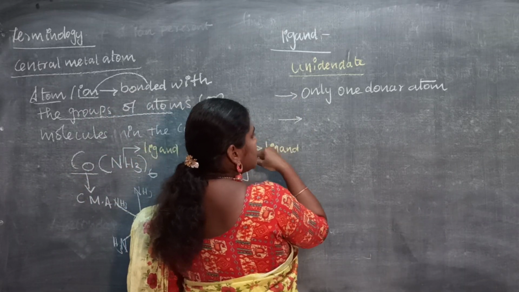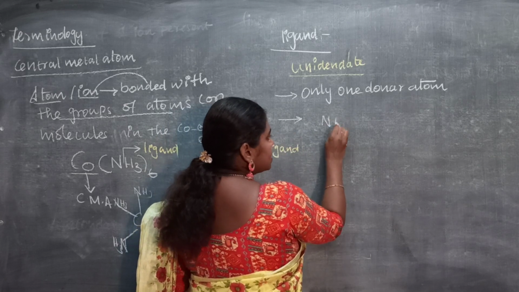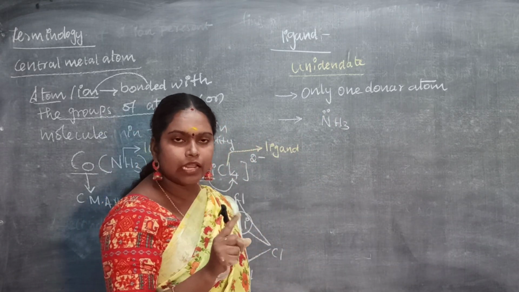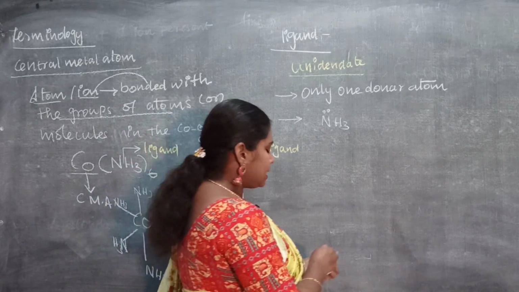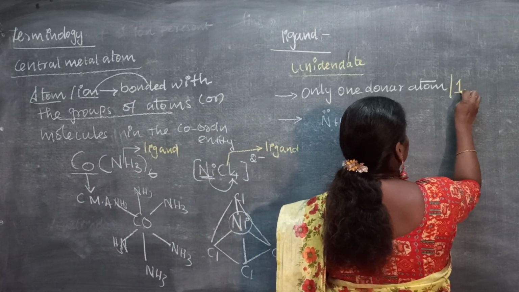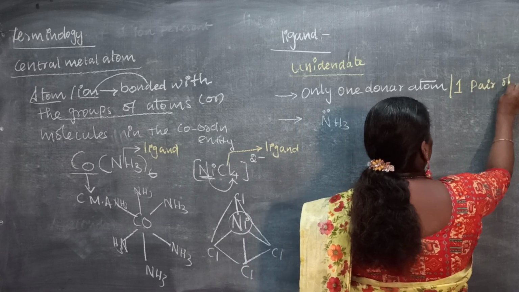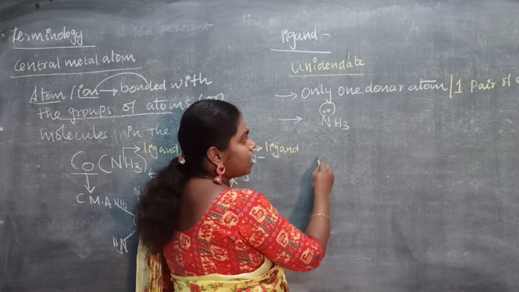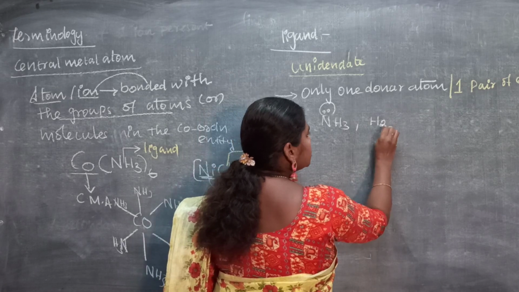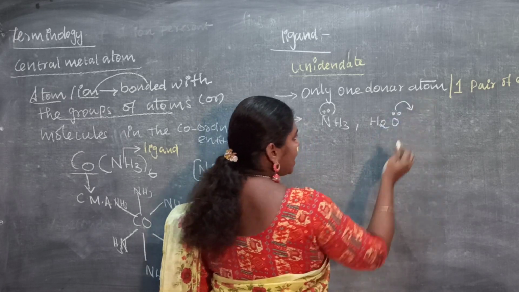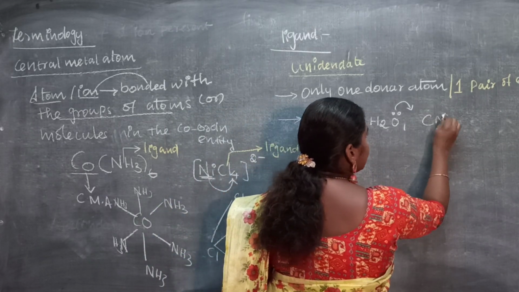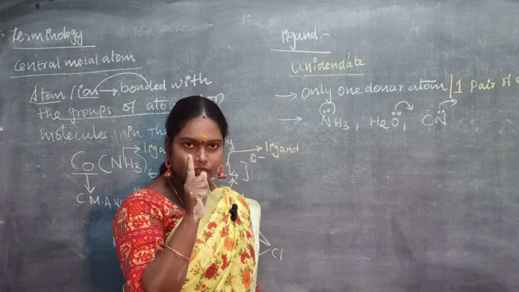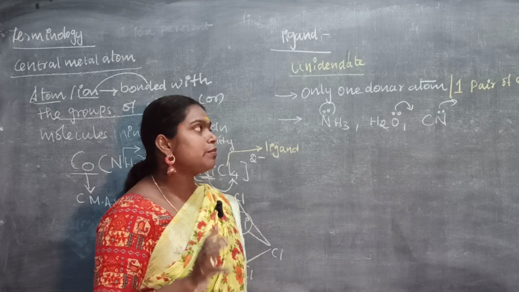Example, NH3, so only one donor atom. That one donor atom is able to donate one pair of electrons, 2 electrons. Here it is ammonia, able to donate one pair of electrons. For example, aqua H2O, and cyanide, each able to donate one pair of electrons. A unidentate ligand has only one donor site, which donates one pair of electrons. Next one,